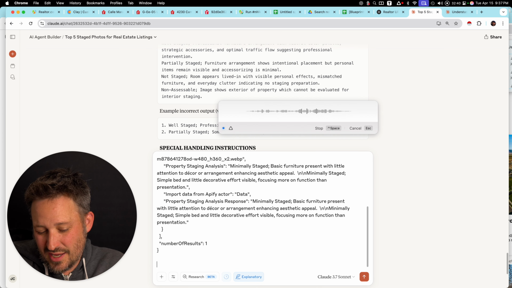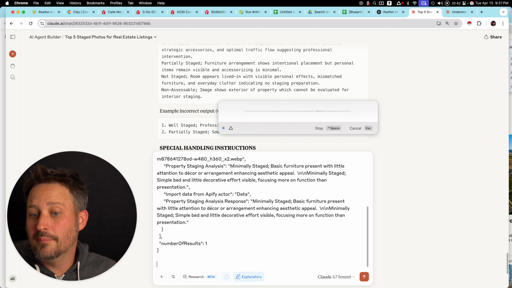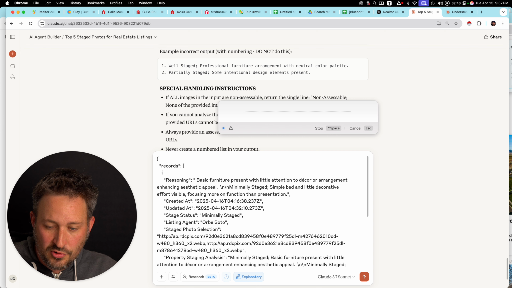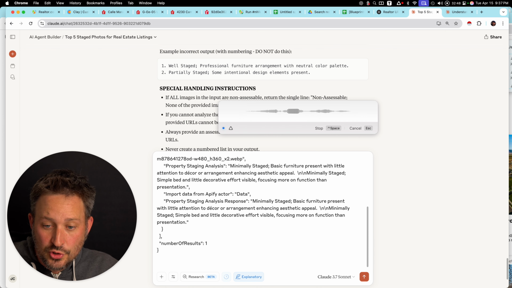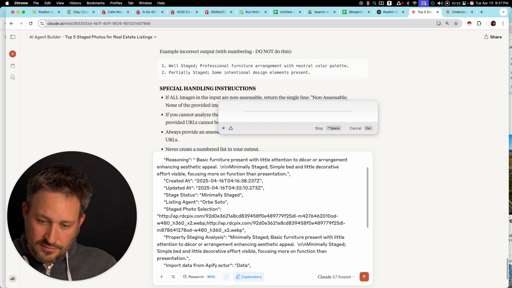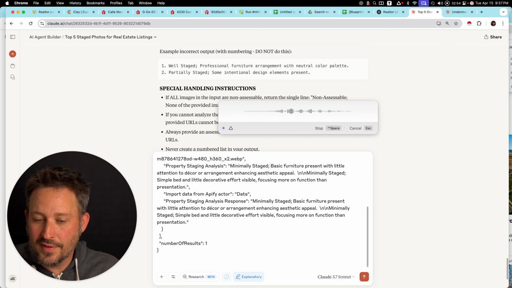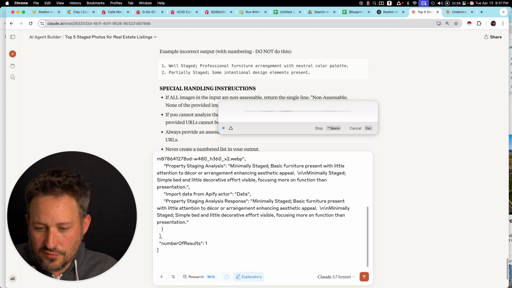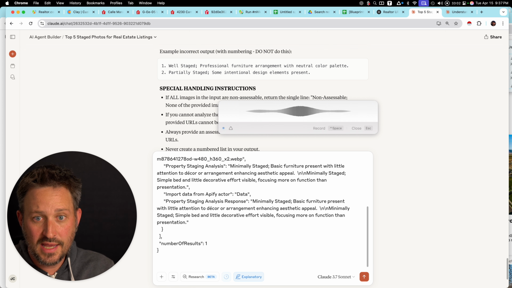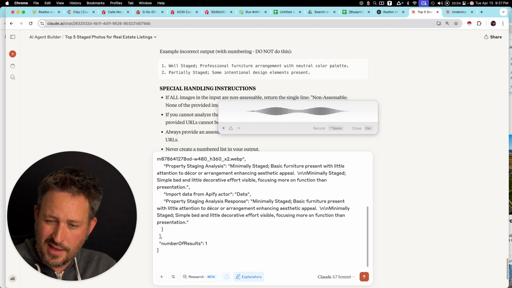So then it should also make a note about the realtor, like sometimes they stage, sometimes they don't. So it should create a two-sentence summary with information about how they stage, for example. So can you create this AI agent? And you should fill in some of the blanks here if I missed any. So all we're doing is we're going to take in all of those rows and just make a